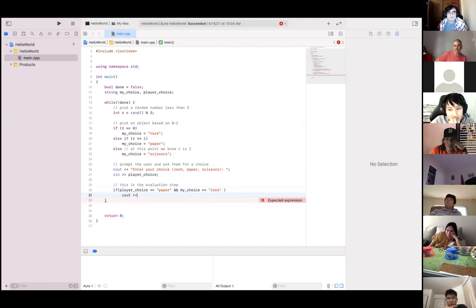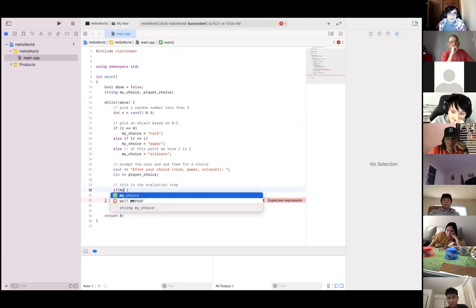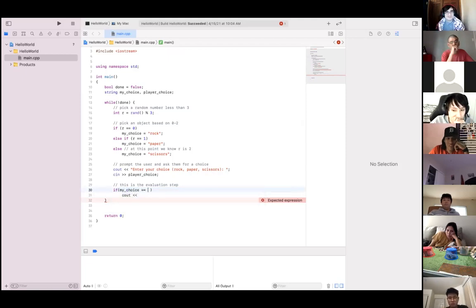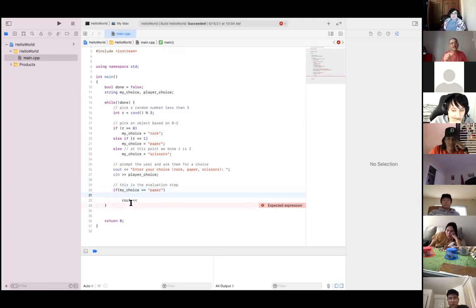So if my choice is paper, then you do that thing. So let's do the first one and then you do the rest, okay? I'll walk with you for the first one and then you do the rest, okay? So in the first, on line 30, say if my choice equals paper. Well, okay. I think he already had it. And then close it there. Close it there, right there. Right. Close. Right on the next line. On the next line, you say if